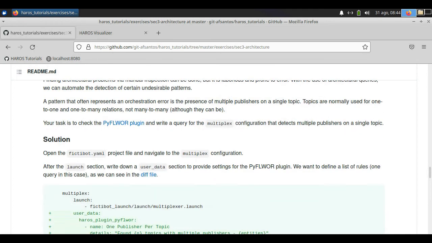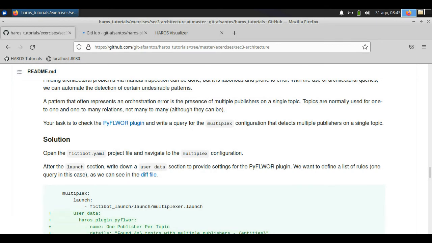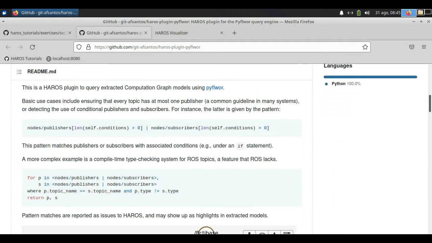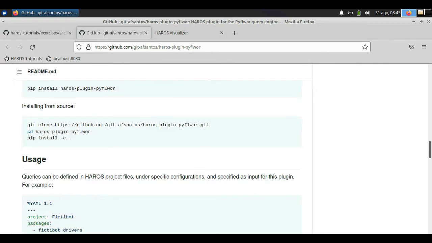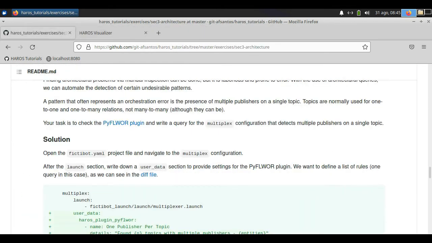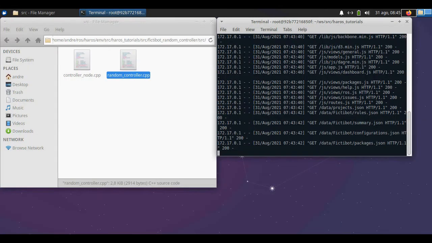You can check the documentation for further information on the scope and capabilities of this query language. Right now we are going to delve right into the solution of the problem. And our task specifically is to write a query for the multiplex system that detects multiple publishers on a single topic.